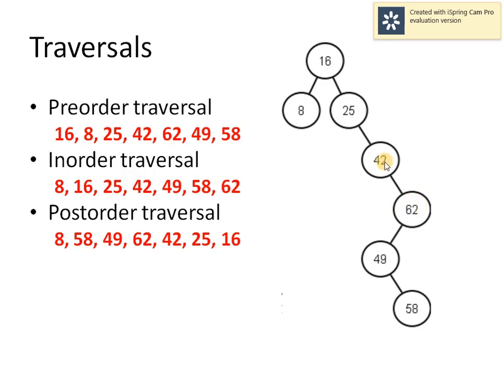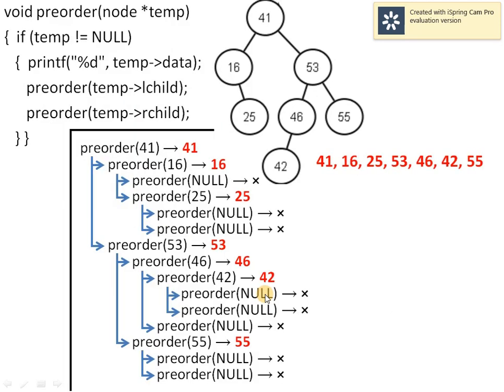We will reach 42, we have visited right completely and there is no left. So after 62 we have visited 42. Same is the case with 25. Left is null, right is visited completely, visit 25, and lastly we have to visit the root node, that is 16. So in this way, provided any binary search tree, I can write down the 3 traversals. And kindly note, if the binary search tree is correct, then in order traversal will always give us the sorted sequence. So looking at the implementation now.